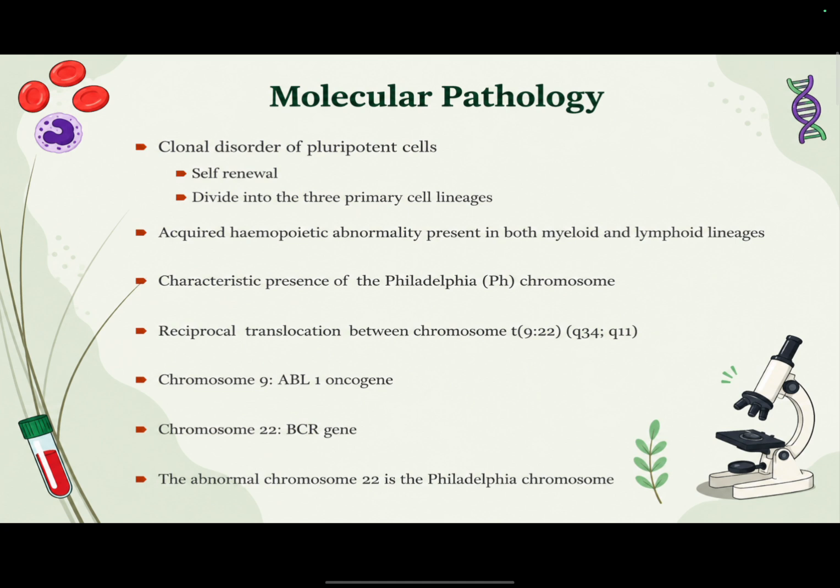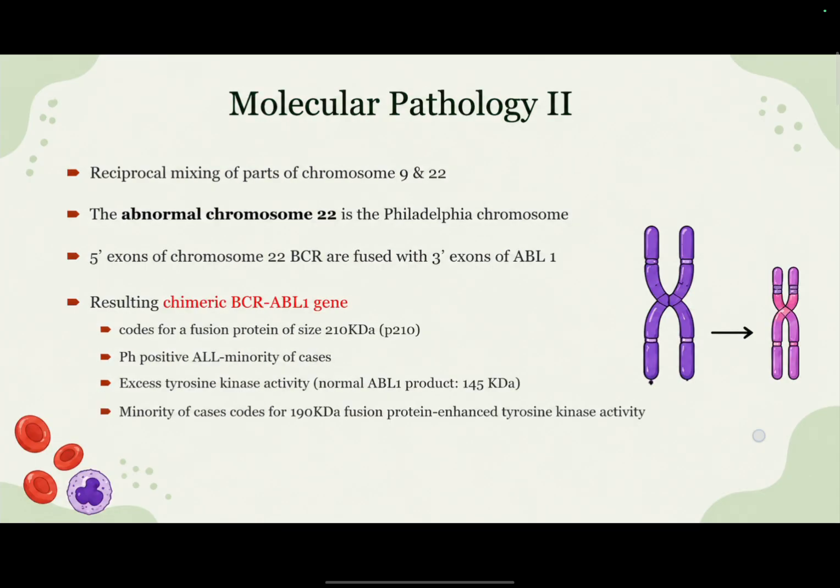The cytogenetic hallmark is Philadelphia chromosome, which arises from reciprocal translocation of chromosome 9 and 22. Basically, chromosome 9 has proto-oncogene called ABL and BCR which is present on chromosome number 22. This results in the shortened abnormal chromosome number 22 where BCR and ABL merge together and form a Philadelphia chromosome. The abnormal chromosome is Philadelphia chromosome. So the reciprocal mixing of parts of chromosome 9 and 22,